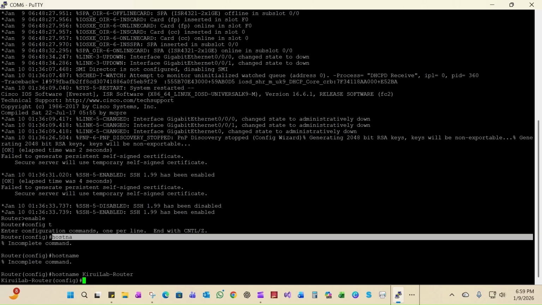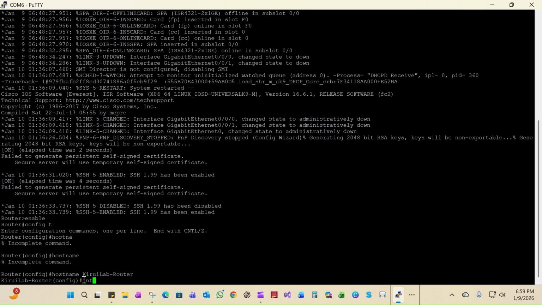My router is dealing with the gigabit Ethernet, so what we need to do is type interface, and then space, gigabit Ethernet,